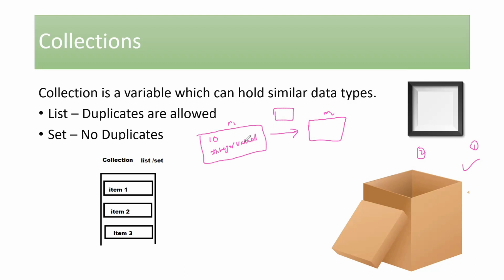Why? Because instead of carrying them one by one, I can club them, put that in a collection, that means in a container, and pass it to another method or another place. All right. So now, how can we basically ask the system to create a collection?